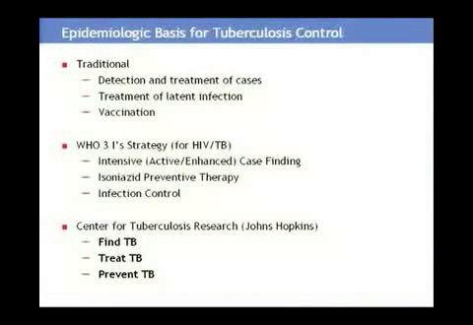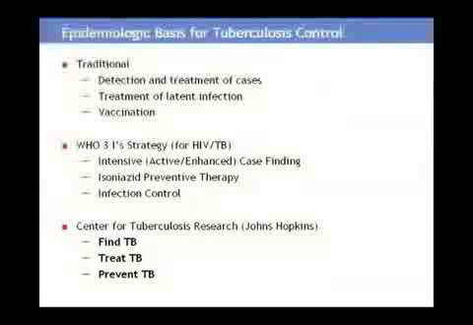Traditionally, the way we try to control tuberculosis is to detect and treat the active cases of TB. If you find all of them who have active TB and you treat them well, then you will have significant impact in TB transmission because you will diagnose and treat the people who are at greatest risk of transmitting to others. However, this still leaves the pool of infected people who already are at risk of progressing to active disease.